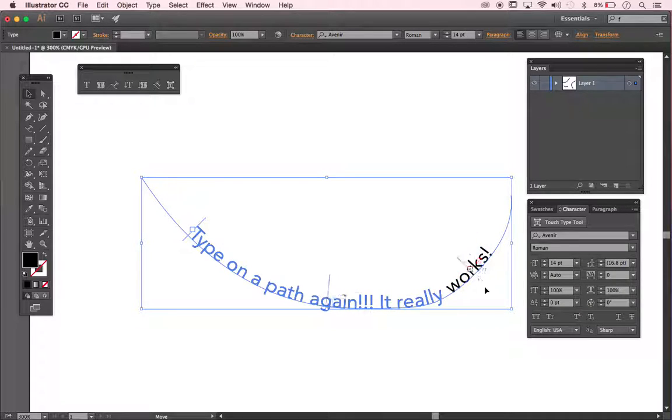Now when I did that, you see this little red box show up, and that red box is a little square with a plus sign in it, and that is the universal symbol that there's more text hiding here. You see that in all Adobe software usually when there is a text box of sorts, or in this case, a path of text, and we're just not seeing it all. So again, if I pull that back to where we were, and I pull the first one back to where we were,